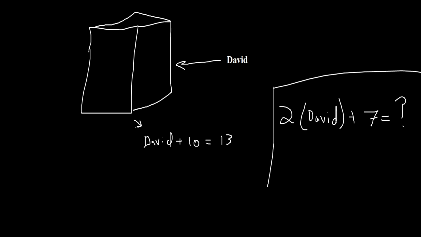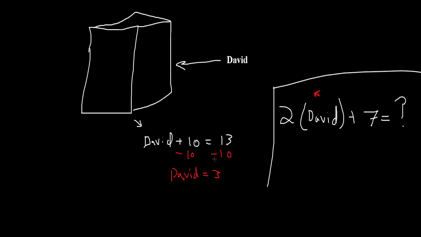But over here, David is just using numbers. Okay, so David plus 10 equals 13. So 3 plus 10 equals 13. Or, if you want to do proper algebra, you can subtract 10 from both sides. Okay, so David is 3. Now, we could try to, in our head, just go, okay, so 2 times David is 6 plus